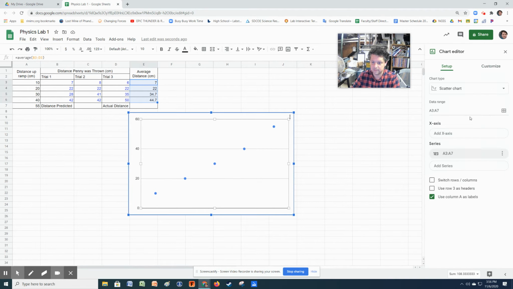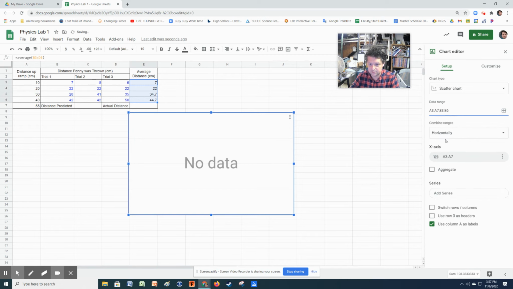Set up A3 through A7, and I'll do comma, and I will do E3 colon E6. So now the colon says I want all the data in between these 2 cells. The comma separates those 2 feeds. So I'm skipping over trial 1, 2, and 3. I don't want to graph those. It's going to be too much data, and I don't need them. I just need the averages. So I'm going to take all that A3 to A7 and E3 to E6. And when I hit enter,